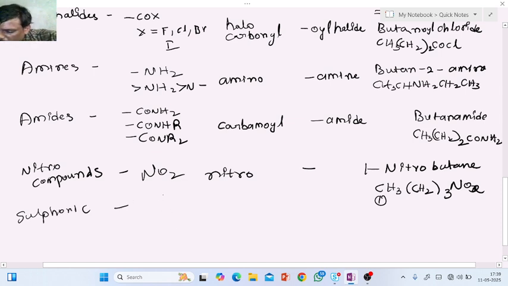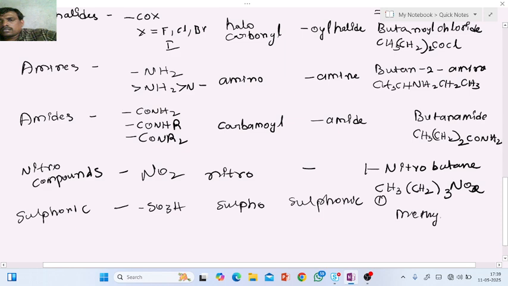Sulfonic acids include SO3H, sulfo as the prefix, and sulfonic acid as the suffix. The best example is methyl sulfonic acid: CH3 is a methyl group, SO3H is sulfonic acid. These functional groups are